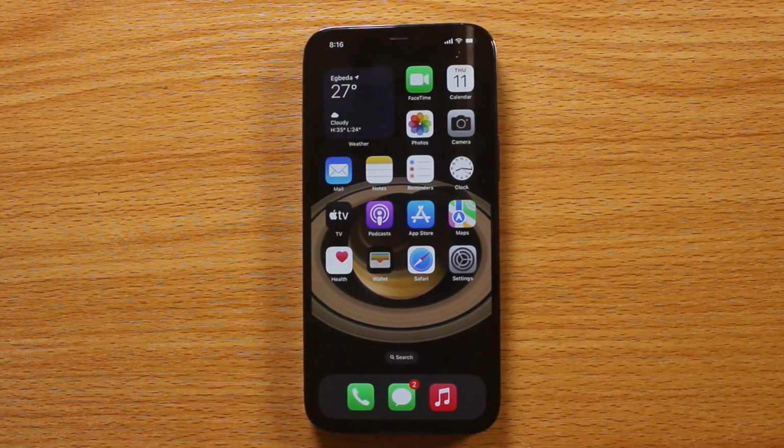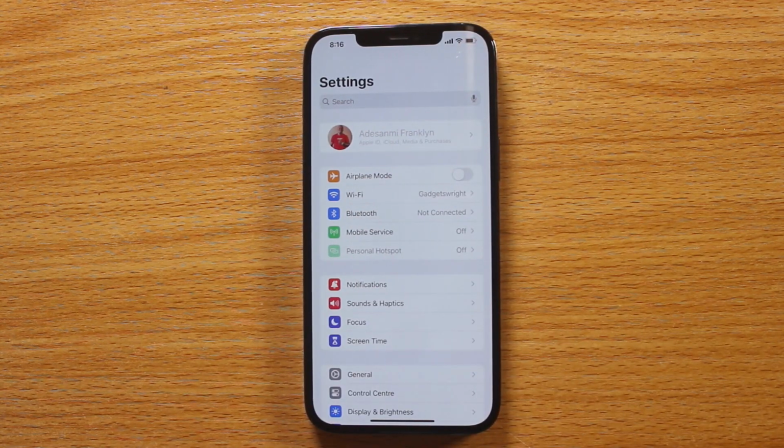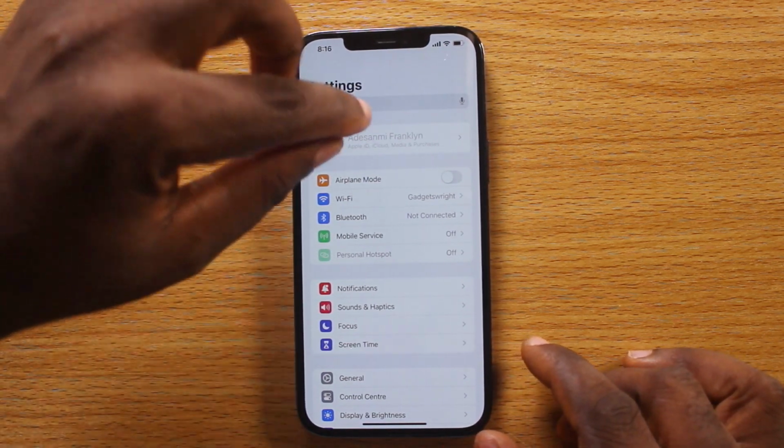In this video, I'm going to show you how to fix iPhone settings name grayed out. By default, your iPhone settings name is not going to be grayed out. But if eventually your iPhone settings ended up grayed out when you are trying to put things together on your iPhone, but can't figure out exactly where this comes from, in this video, I'm going to walk you through the steps to take to fix the iPhone name grayed